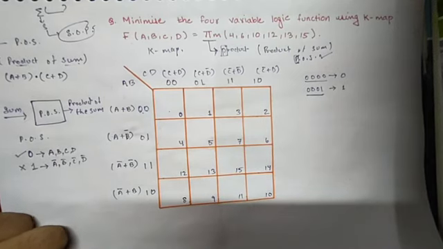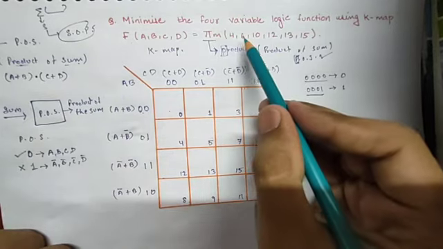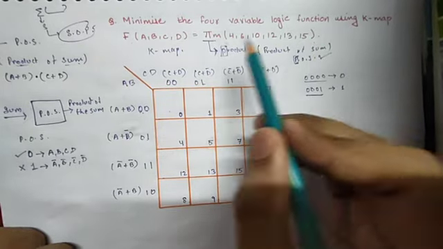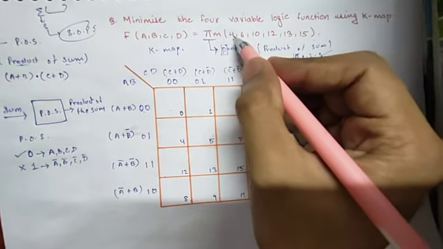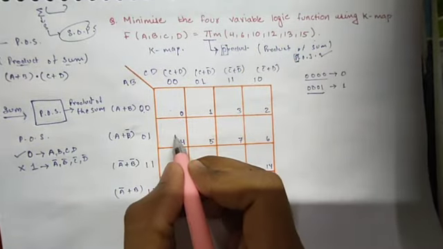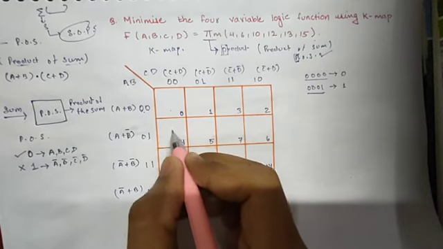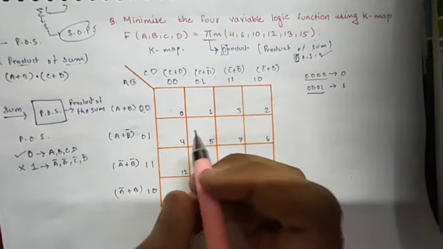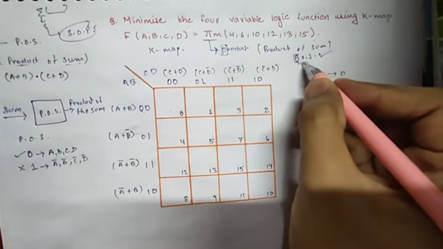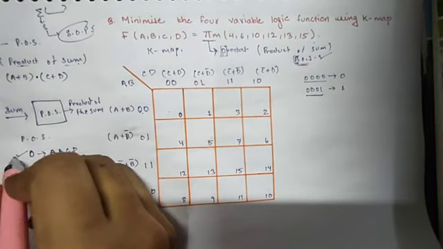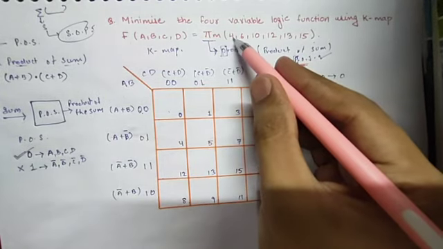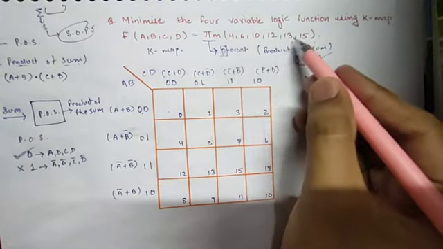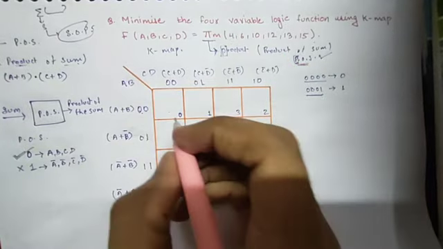So what's the next step now? Now what do we have to do? We have to see the numbers that are given in the question. In the question, what are the numbers? It's written here, 4. So for the box containing 4, we have to write the number to which we have given priority. In POS, we have given priority to 0. So we have to write 0 in all the boxes whose address is given here. Like 4, in 4 we will write 0.